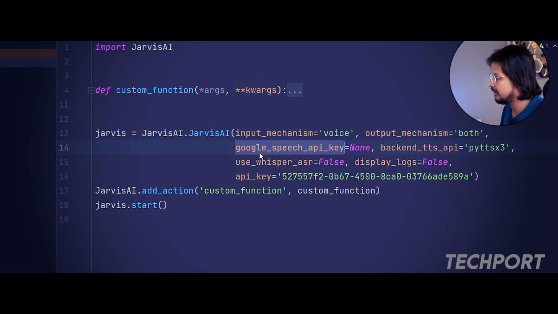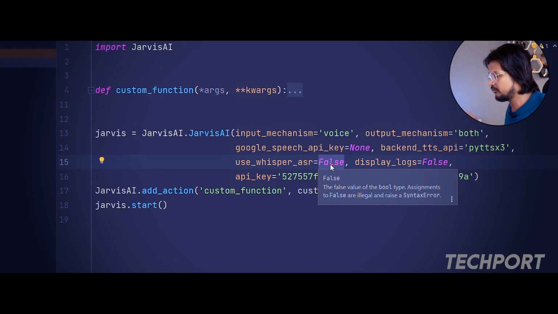And apart from that, by default JarvisAI uses the Google speech recognition library. By default, the Google speech recognition library lets you use their API free for about 1 hour, I guess. So if you have a premium subscription, you can put your API key right here, and it will use the premium subscription for JarvisAI speech recognition. And if you don't want to use the premium subscription and just want to go for the free one, you can